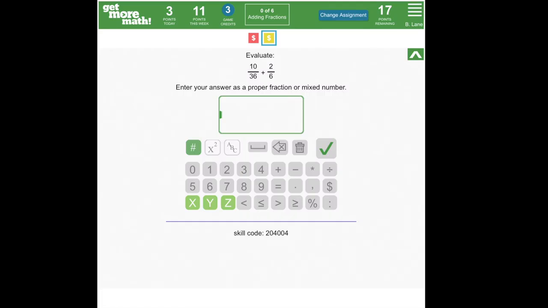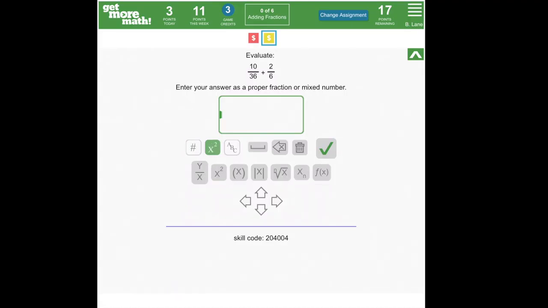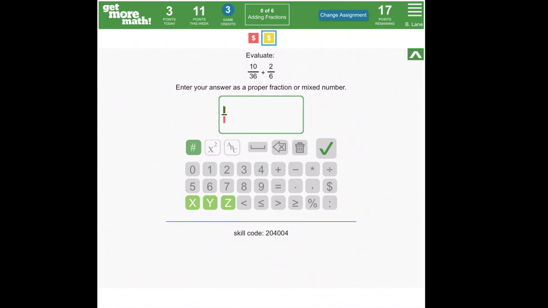Now let's take a look at the keys students may see when using an iPad. The keyboard they see on first entry is found underneath the number symbol. These will give numbers, operations, and variables if needed in the problem. If students select the x squared button, it will expose some of those symbols they may need to solve the problem. So for this example, students would choose x squared and then the fraction bar, and then enter the numbers for the answer from the keypad.